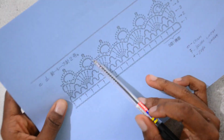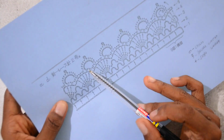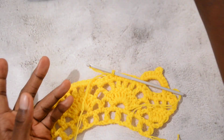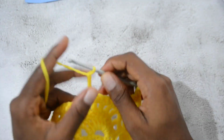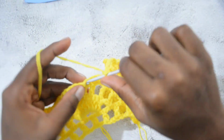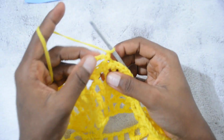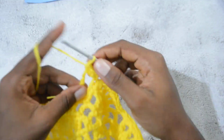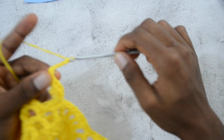Once we attach the yarn, we're going to be working the same pattern that we worked for the first tip. So I just want to show you again, even though it's the same thing, I already have the pattern in my head. So I just chain 8. So we chain 8, skip 5 single crochets, slip stitch in the next, then we do our single crochet. So chain 8, 1, 2, 3, 4, 5, 6, 7, 8, skip 5 single crochets and do a slip stitch in the next, then you chain 1, turn the work, and then do 5 single crochets, picot, 5 single crochets,